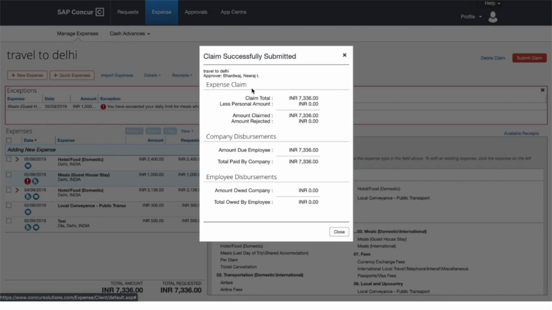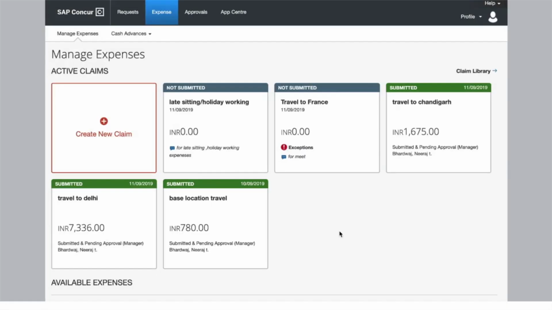And your total expense, company disbursements, and employee disbursements will be displayed on the screen. Your personal amount would be deducted. Close the window after checking. Now our travel has been submitted. From here you can check to which authority your expense is pending. For example, here it is pending from the manager's side, once your claim gets approved from all the authorities,